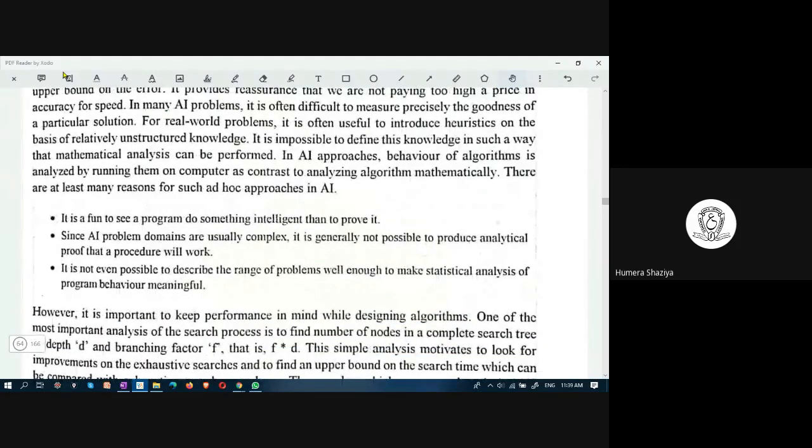It is fun to see a program do something intelligent than to prove it. Since AI problem domains are usually complex, it is generally not possible to produce analytical proof, and it is not even possible to describe the range of problems to make statistical analysis more meaningful. These are all the reasons for ad hoc approaches in AI. Ad hoc approaches means some criteria you choose. Based on that criteria, it is decided that this is the good one and you proceed with it.